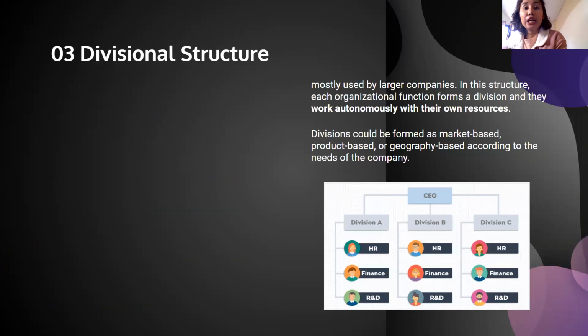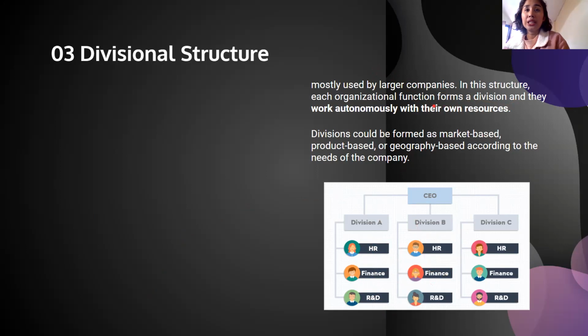Ito naman, they are grouped into divisions. So these are for large companies. Divisions, sabihin natin kunyari, example, branches like SM Baguio. So in SM Baguio, they have an HR department, a finance department, a research and development department. However, iba yung sa SM Rosario, sa SM Pampanga, iba yung HR department, finance, and research and development. These are for large companies.